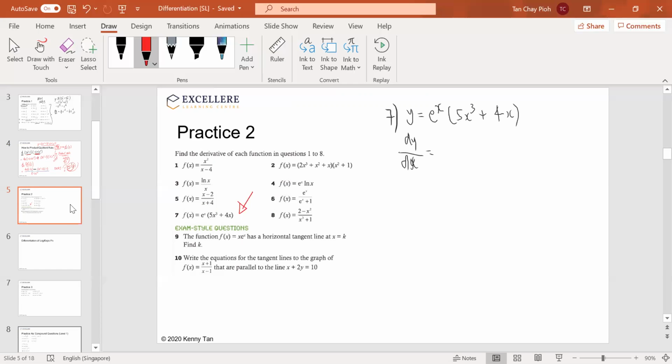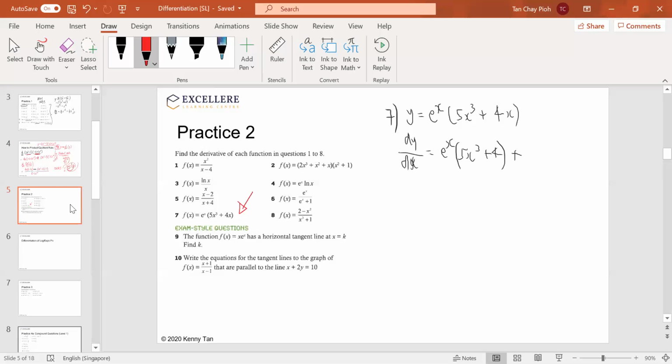You hold the first term. No, you differentiate the first term. Wait, when you differentiate e to the x, what do you get? Again, differentiate what? e^x, is it? Yeah, you get e^x. It doesn't change, right? Doesn't change. Then you hold the second term, which is 5x cubed plus 4, and then you